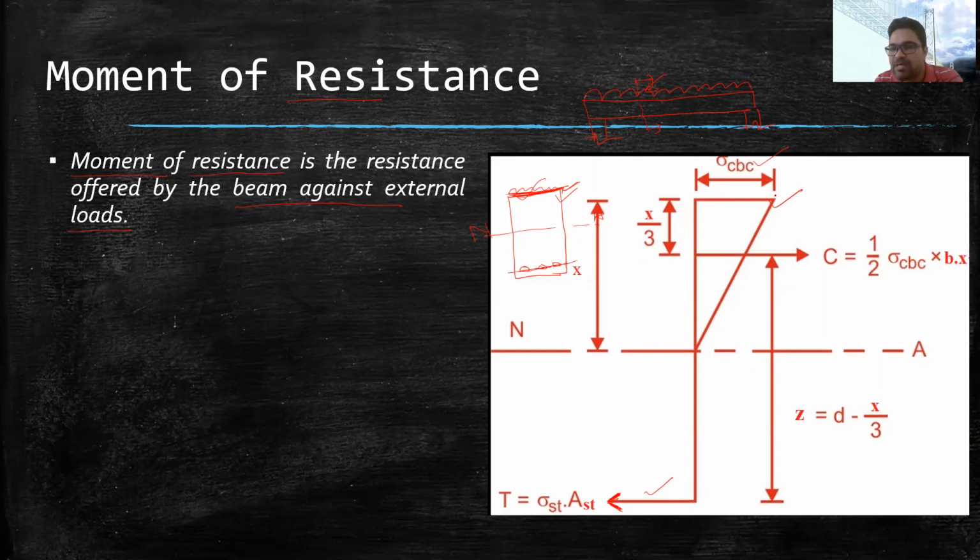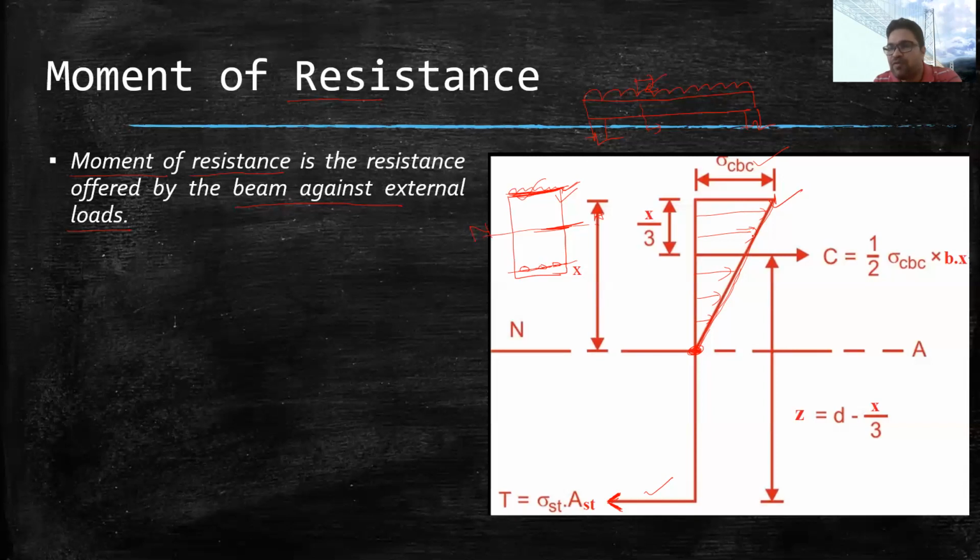So maximum stress will be at the uppermost fiber, and corresponding to the neutral axis, there will be the lowermost stress, and that is why you see the stress value here is lower, and the variation of the stress along the depth is linear. That is why this triangle is formed, because it is linear. This triangle is called the compression stress triangle. Across the depth of the beam, the stress is varying in this triangular form.